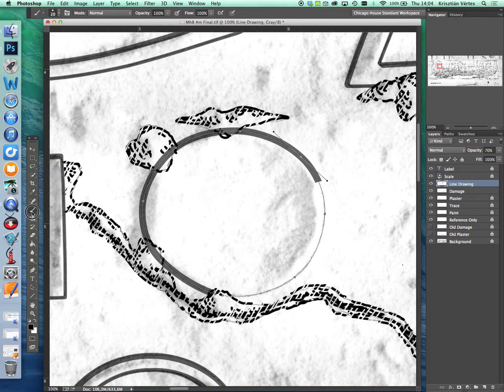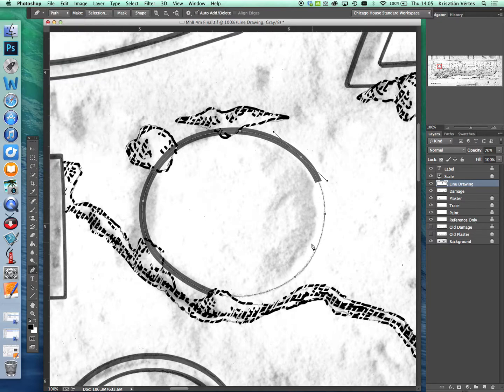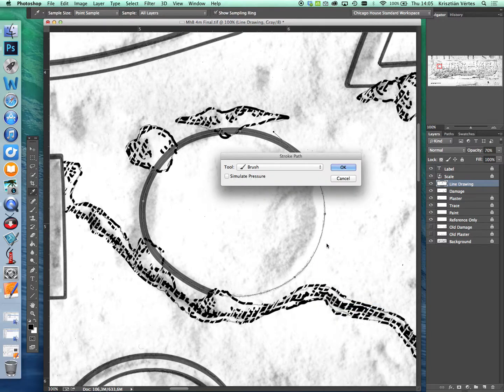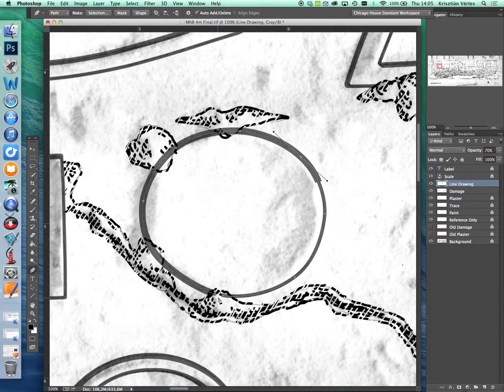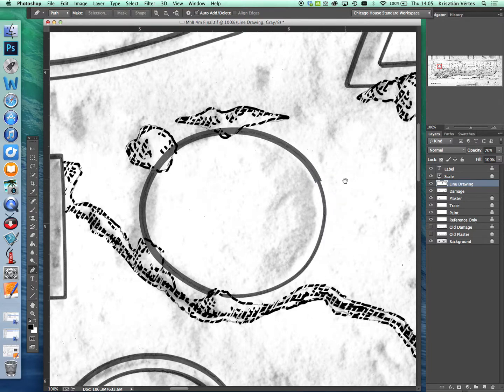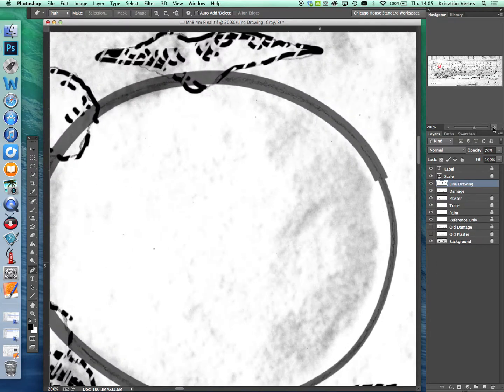Let's just add this sunline, then go to the brush and go to the brush size and replace it with the sunline width, which is 10 pixels in this case. Go back to the pen tool, right click over your path and stroke your path. As you can see, now you have a nice sunline in this area. Now let's just delete our path. We don't need it anymore. We are going to zoom in a little bit